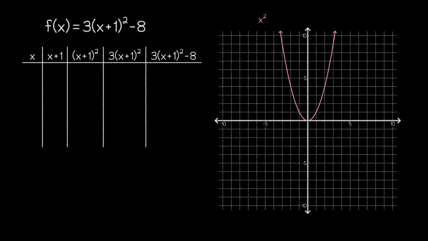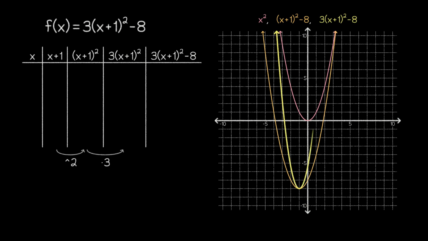First, we know from the values of h and k that the vertex of our graph is going to be at the point -1, -8. So let's shift our parent graph accordingly. Then, we have to take the value of a into consideration. And since multiplication by the a value occurs after the squaring operation, we know that the a value will stretch the graph vertically, which might make the graph look something like this.